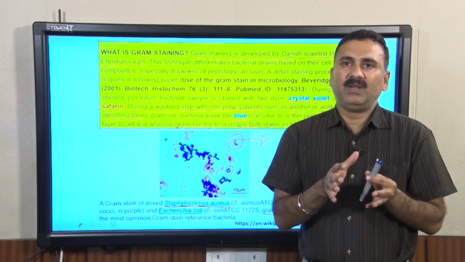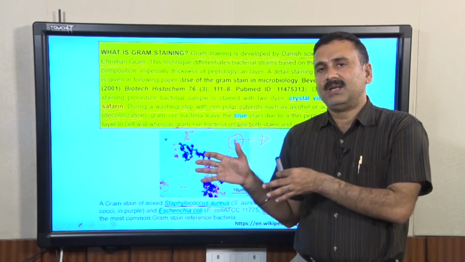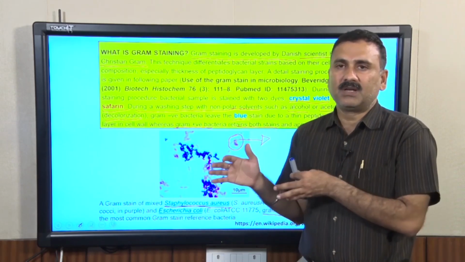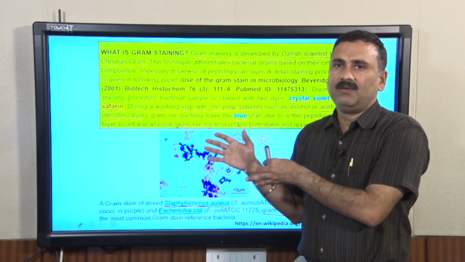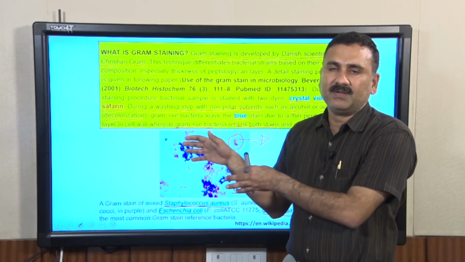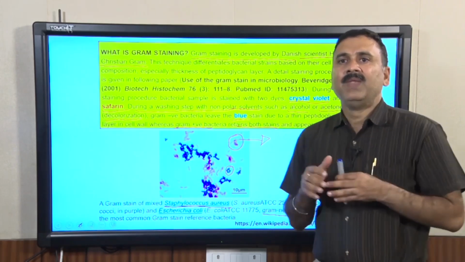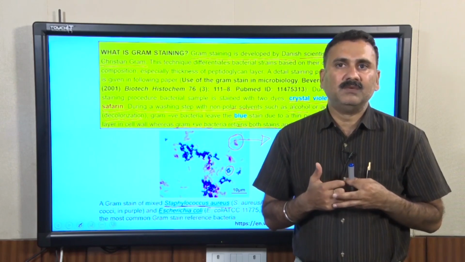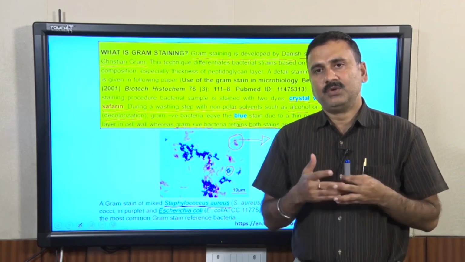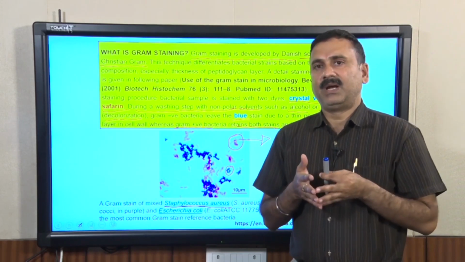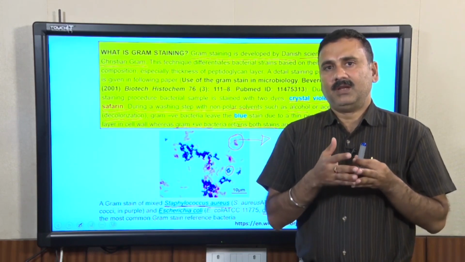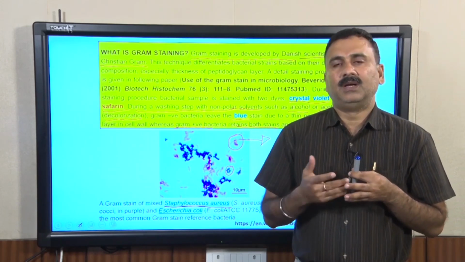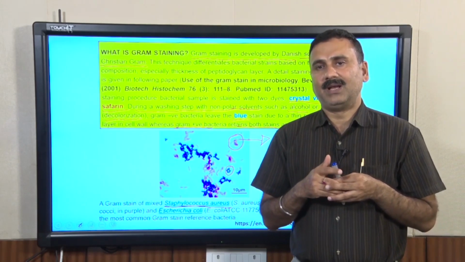Within the host strain, we have so far discussed the prokaryotic cells, the structure of a typical bacterium, and then we have also studied the cell wall, either the gram positive cell wall or the gram negative bacterial cell wall. At the end we have also discussed gram staining, which is used to distinguish between the two different types of bacteria, and gram staining utilizes the fact that it works on the thickness of the peptidoglycan layer.